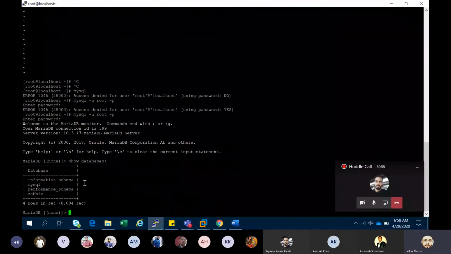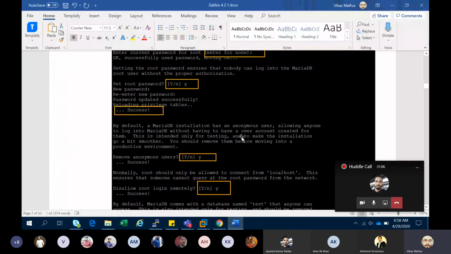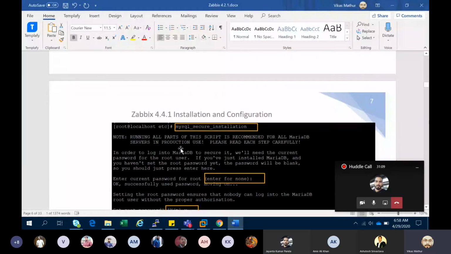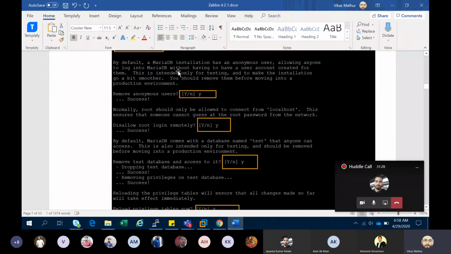Are you providing the localhost details, or are you providing the Zabbix details? I am not providing any type of details over here. I'm just securing my database, setting a particular password for it. In layman's language, you can say I'm just providing a secure password to the MariaDB database. Nothing else. There are some changes made for security reasons.